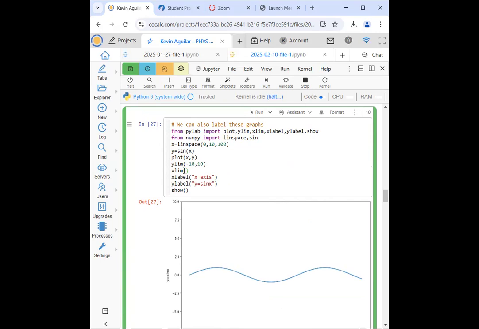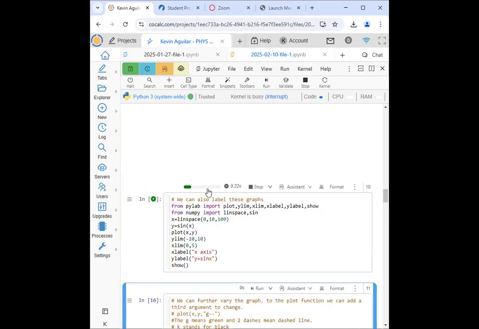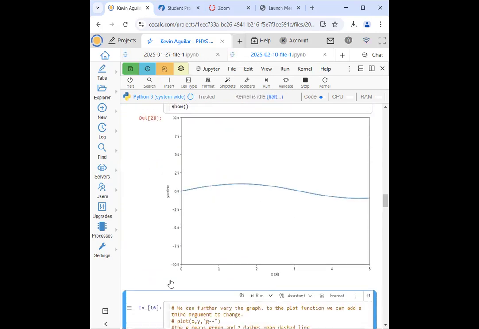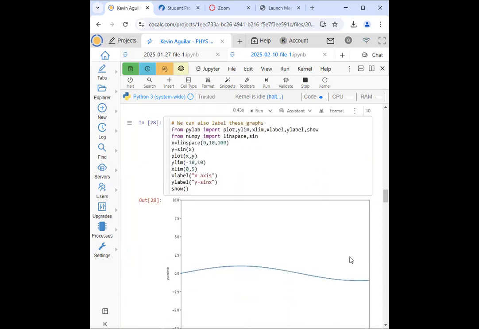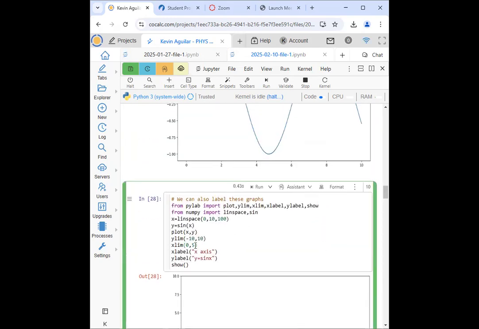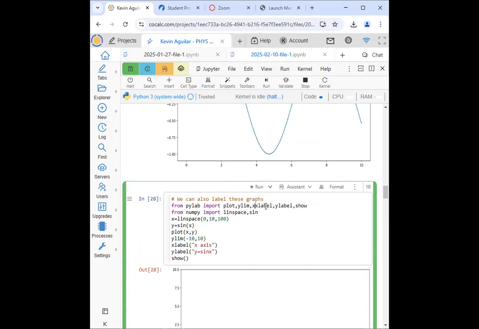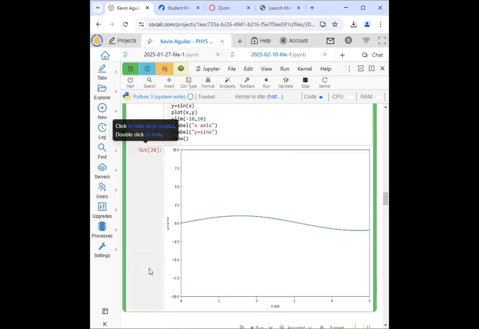We show 0 to 5. And there's 0 to 5. Nice. See. And then we can also